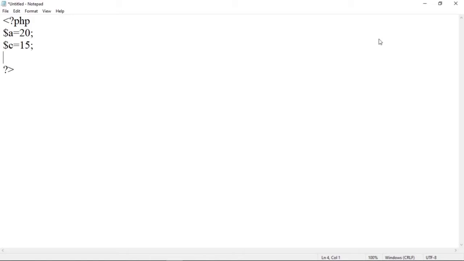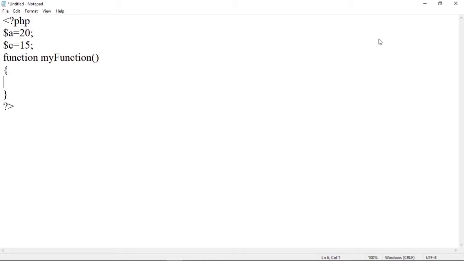Now we are going to declare one function. Suppose the name of the function is myfunction, and let us declare the body of this function. This function has a variable.